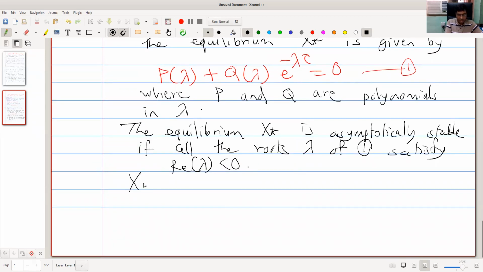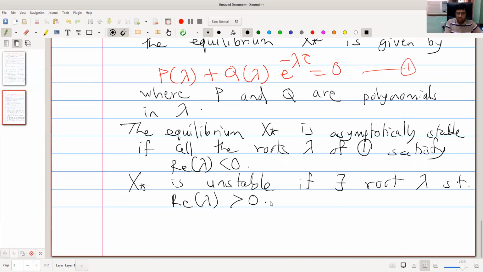X star is unstable if there exists a root lambda such that the real part of lambda is positive. So the vertical line, that is the vertical axis in the complex plane, is the boundary of the stable region. So what we have to do is find